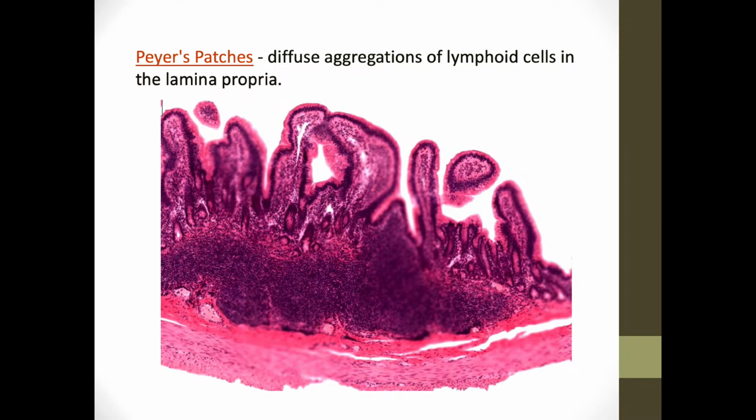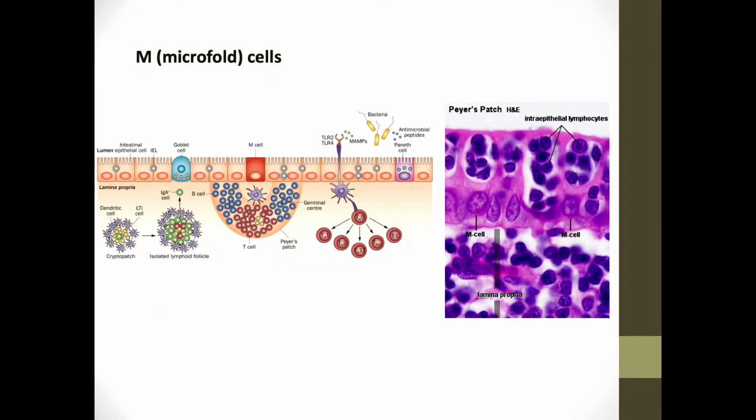M cells. You remember M cells? Microfold cells, M cells. The cytoplasm of these cells forms pocket-like structures, and in this pocket are located lymphocytes and also dendritic cells. So the cells which are involved in adaptive immunity. So microfold M cells